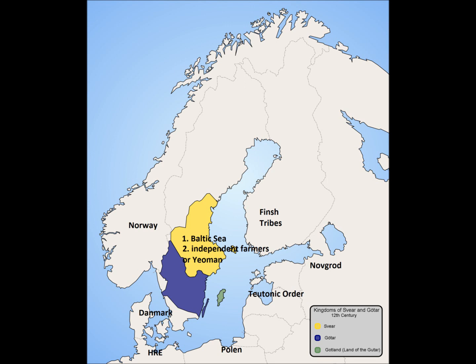Second, the Swedish farmer was an independent farmer, or yeoman. How do you pronounce that? I don't know. And they always had some importance in Swedish politics. They were used as soldiers. And because they owned their own land, they could be a lot more independent and choose which side they wanted to support. And that also made the nobility a lot weaker because they couldn't control the farmers at the same amount as other countries in Europe.